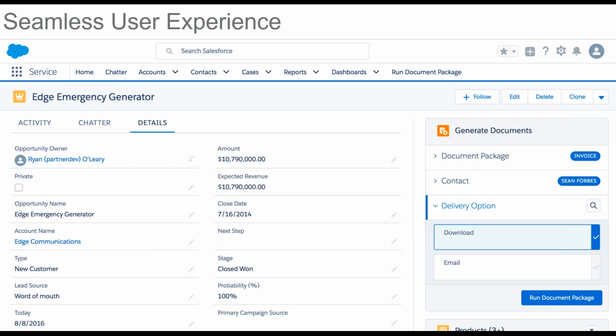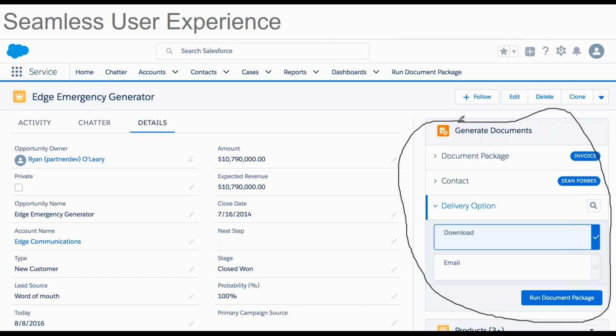It's very rare that I'm talking to many people, unless they're newer Salesforce users that are using Lightning. But where the document package shows up for the users in Lightning is on the right-hand side right here. So if you take a look, and let me draw a pen here, this whole piece that you're seeing right here,